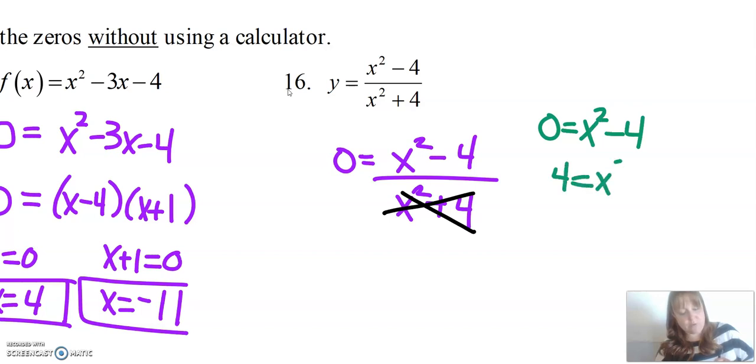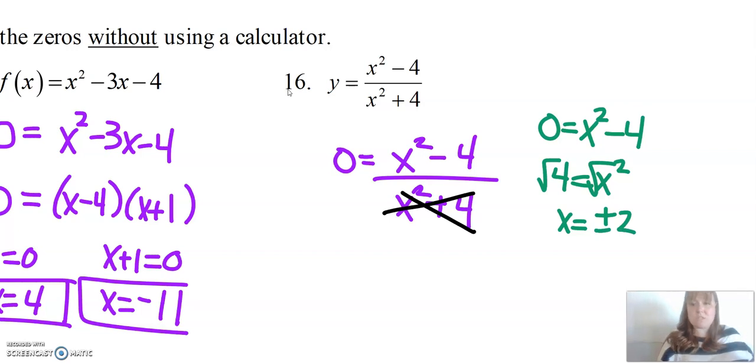So x squared equals 4. What number gives us 4 when you square it? You might be tempted to say, oh, well, x equals 2. But there's another one. Remember, when we take the square root of a number, we're going to have x equals plus or minus 2, right? Because we took the square root of something, we have to have that plus or minus. Because if I put positive 2 in here, I'd get 0. And if I put negative 2 in here, I would also get 0. So my zeros are x equals